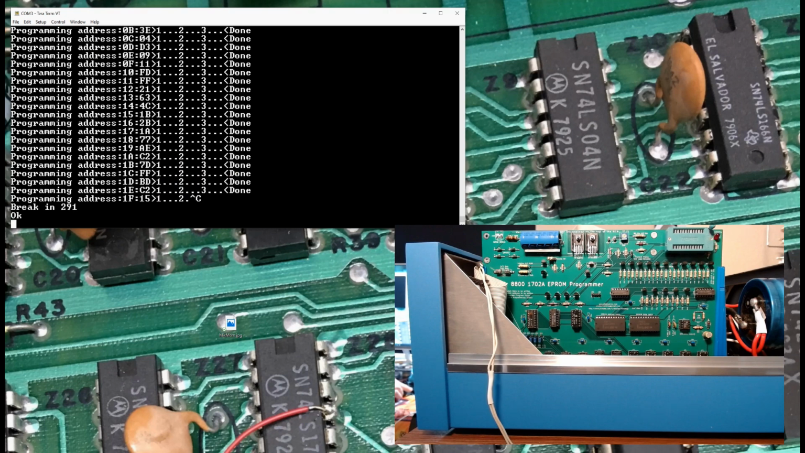So, you know, the programmer is what it is. It's not perfect. I think I can go ahead and do a